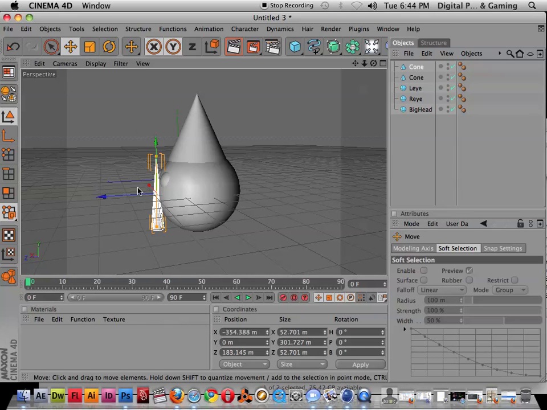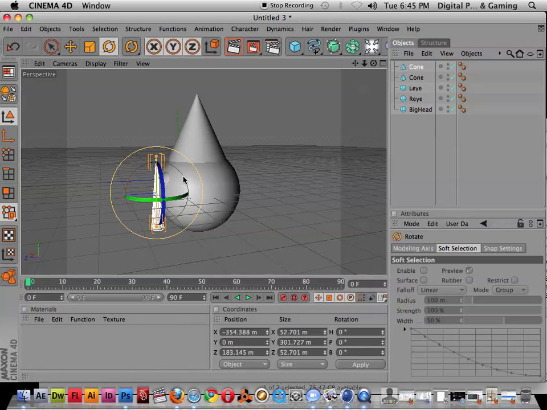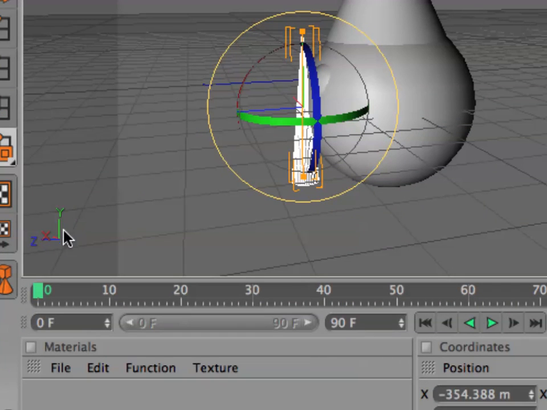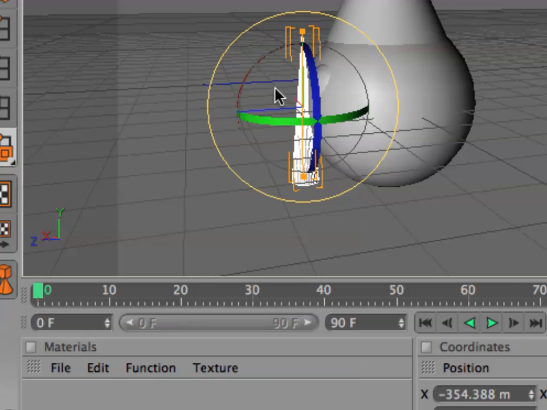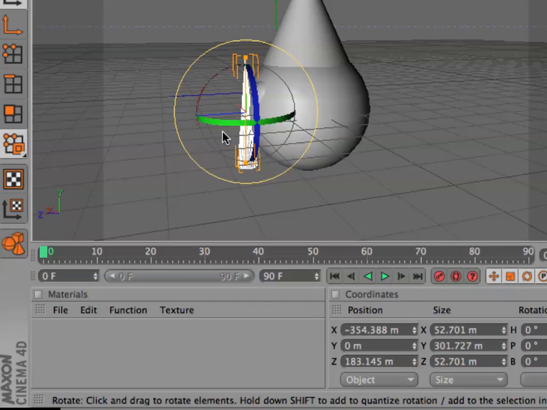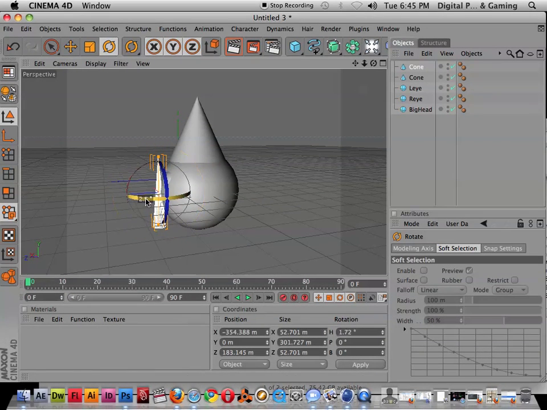So the new tool you're going to learn is the rotate tool. And rotate, just like move and scale, has X, Y, Z. And you can see the green one, right? It rotates around the Y axis, which is up and down. You guys remember the little map right here? Y is up and down. So as you guys can see, that this rotates around the Y axis,